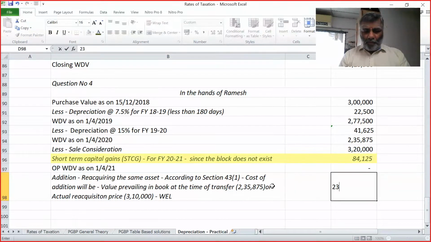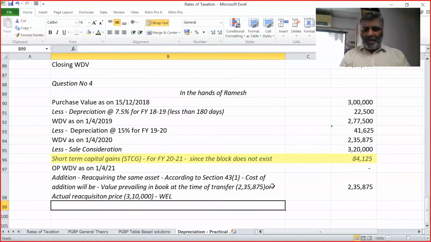So I can only record 2,35,875, where an asset which has been transferred is reacquired by the assessee. The cost of addition will be either the book value prevailing at the time of